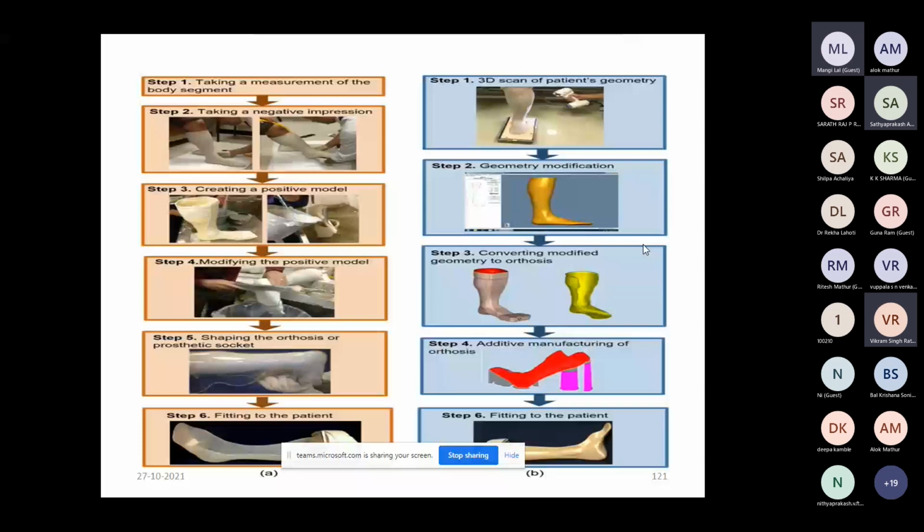But if we perform this whole process with the help of additive manufacturing technique, so what is the process? First of all, you have to take the 3D scan of the patient geometry.